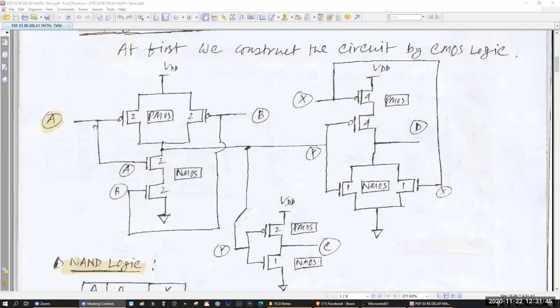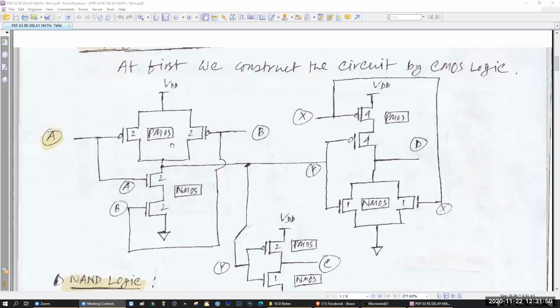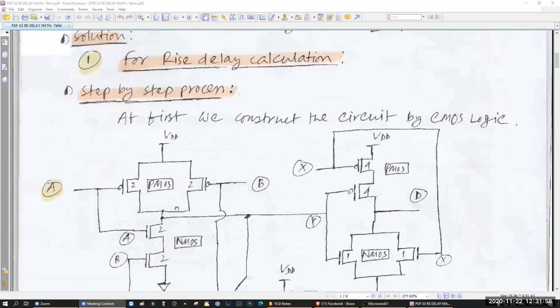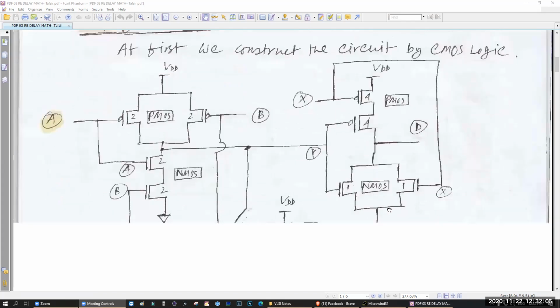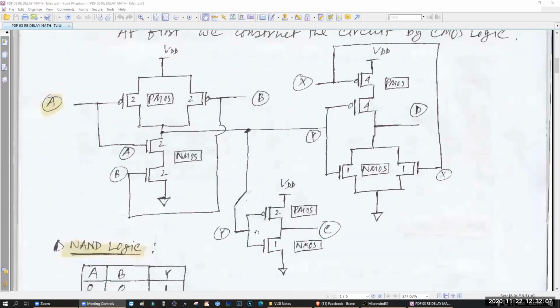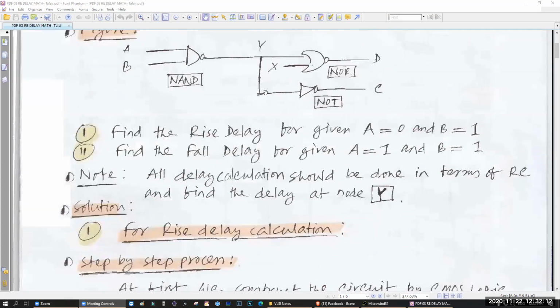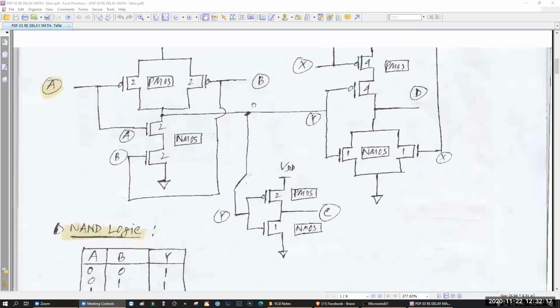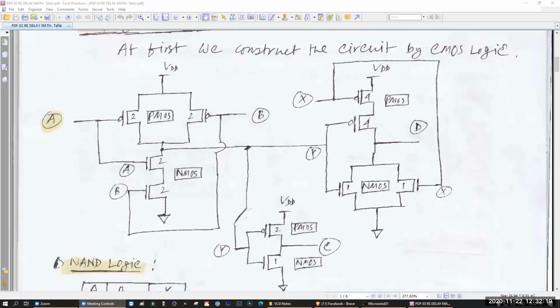This is your A, connected here. This is your B, connected here. This output is Y, so the Y should be connected to this point. And X is a different input from somewhere else. So the Y is going to one PMOS and one NMOS. X is coming from somewhere else, one PMOS, one NMOS. This Y is also going to the NOT gate, so PMOS and NMOS, something like that. So this is your CMOS level design, that means CMOS logic design.